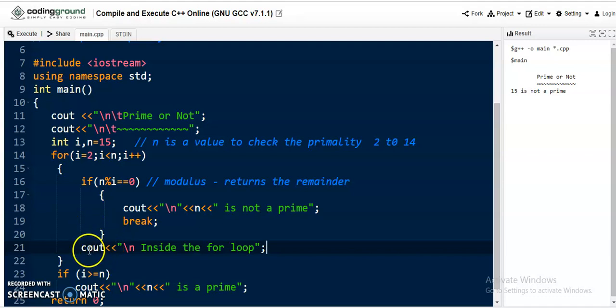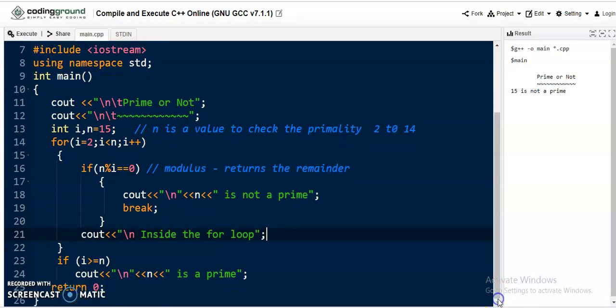At that time it doesn't execute the remaining statement. It comes out of the loop and checks whether the current i value, 3, is greater than or equal to n, 15. The condition is false, so it moves to the end of our program. It executes like that only.